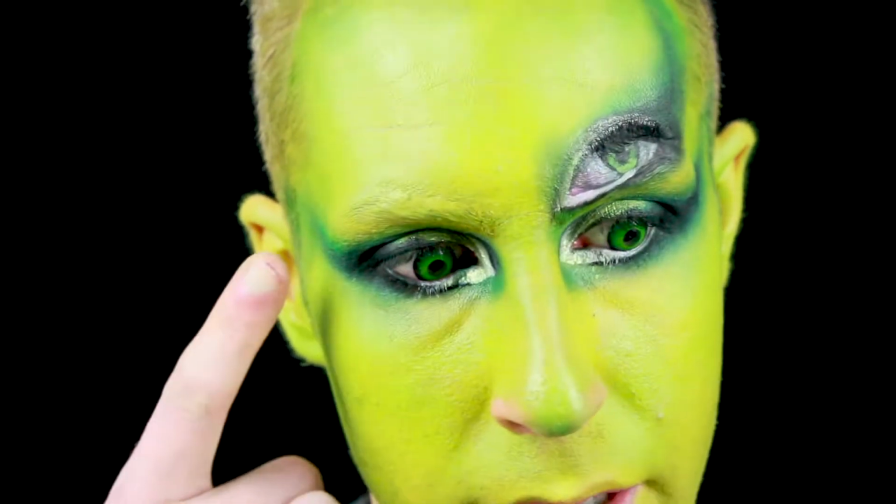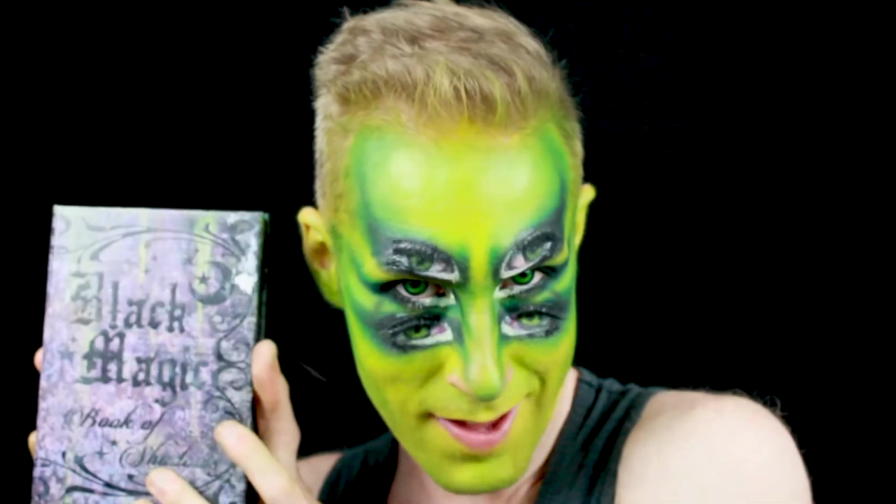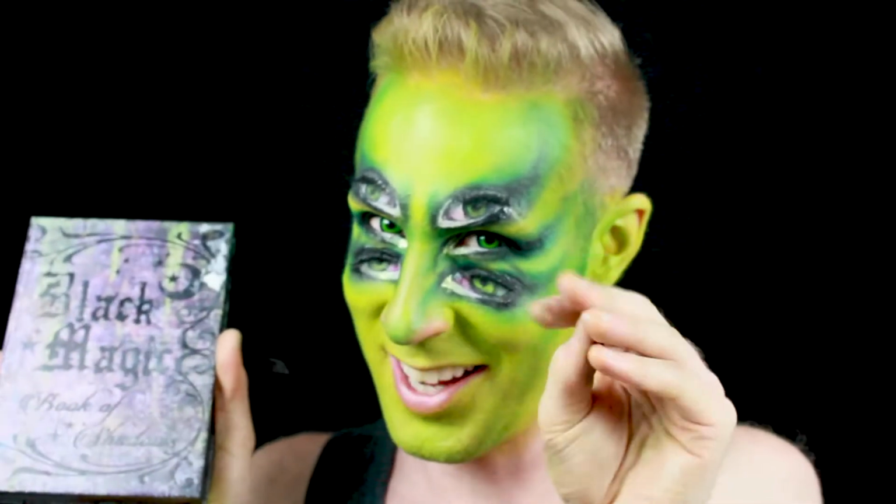Now I have to do another one. Let's go. 4 eyes down, 2 to go. Alright. So now that I've got all 6 eyes on, I want to deck them out a little bit more. Let's add some sparkles. I haven't had a chance to show off Bitterlace Beauty's products as much in this series. So let's dive in. Wouldn't it be scary if all the eyes just like...